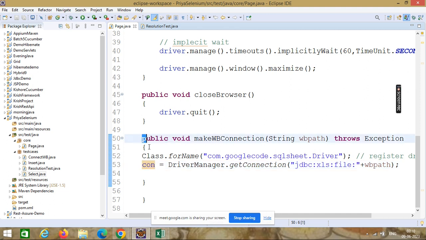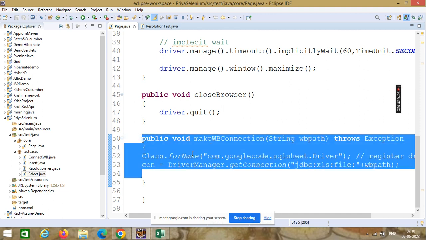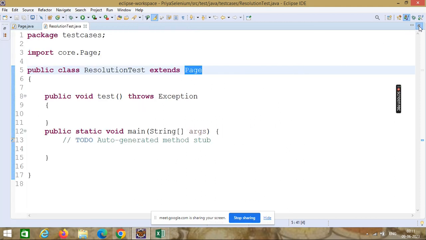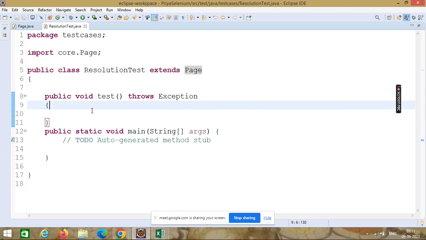As already discussed, in page.java we have already created this method, make workbook connection. We have created this class resolution test which extends page, and now in this class we have created this test method.